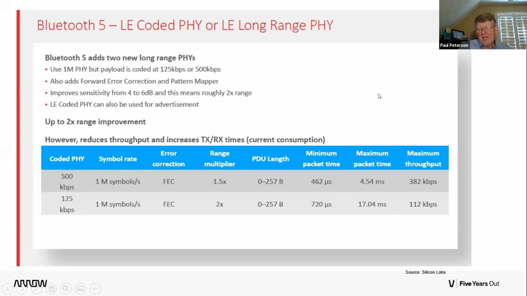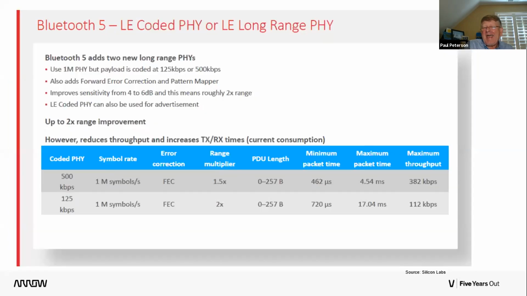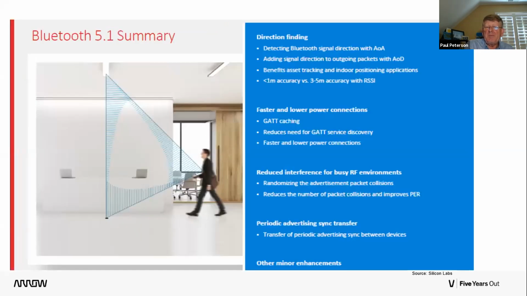Bluetooth long range can cover, for example, whole buildings, big box retail stores, things of that sort. So it gets over some of the hurdles that we had with the original Bluetooth specification. So 5.0 added these features, and with that, there's a couple of things that were quite interesting.